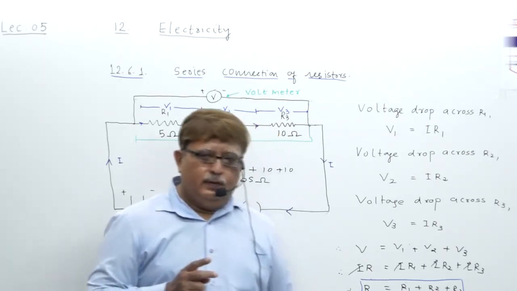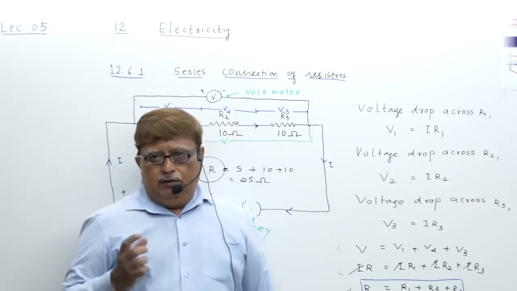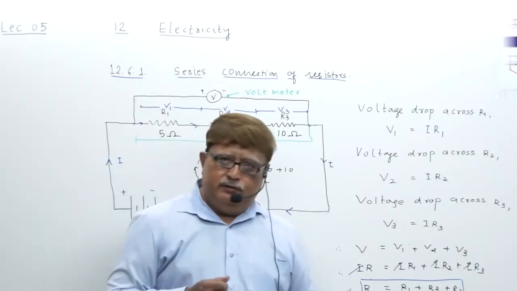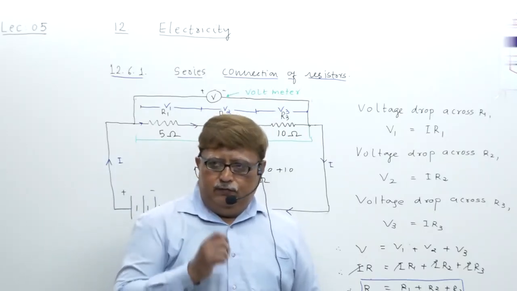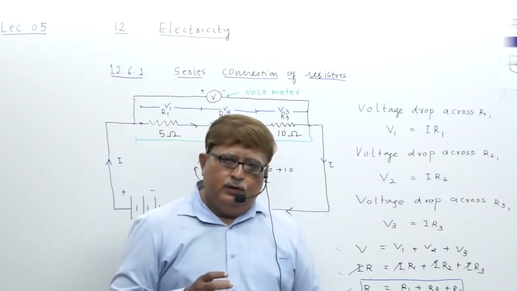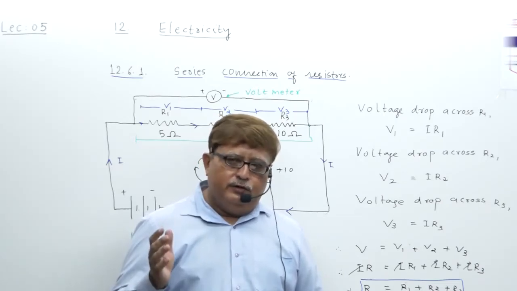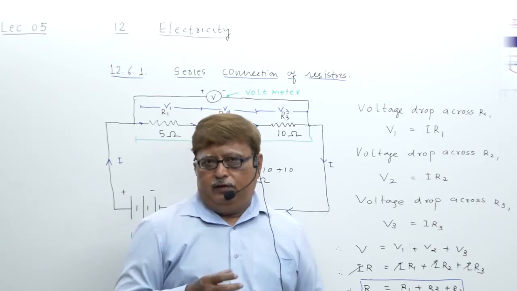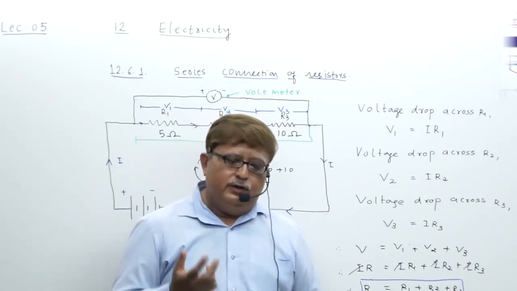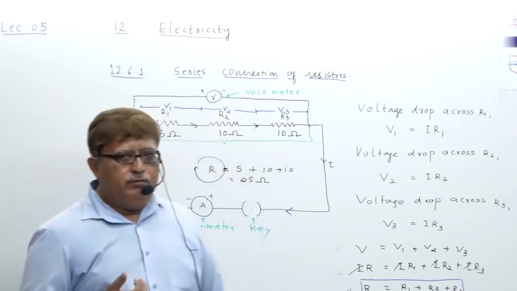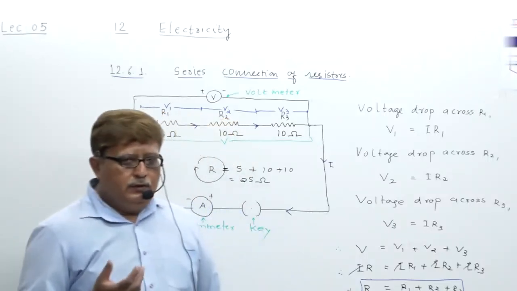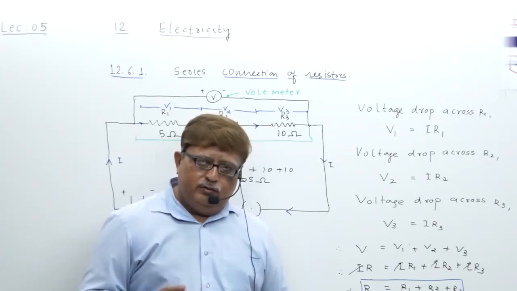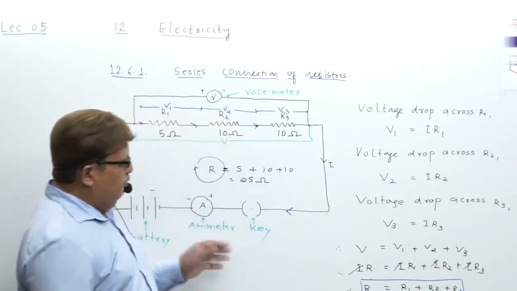Second, if all devices practically in our home are connected in series connection, then if one device blew off, all other devices connected in series connection stop working. That is another disadvantage. So this way, two disadvantages of series connection you can practically understand, and you are able to write the answer. Okay, so this is about